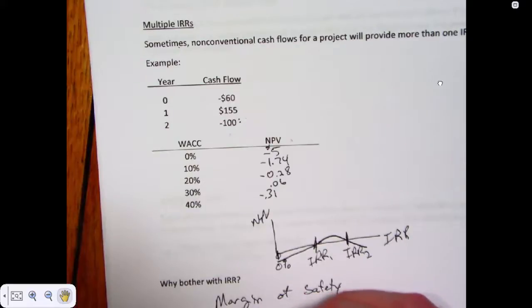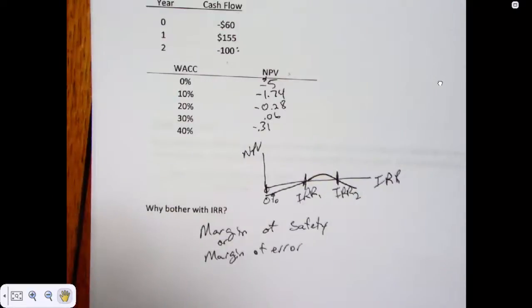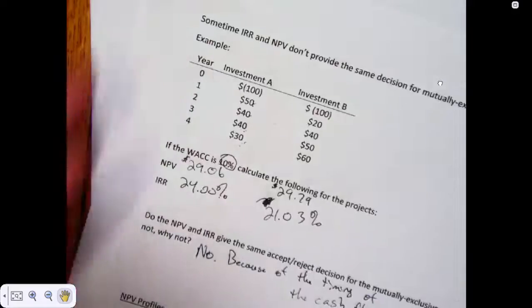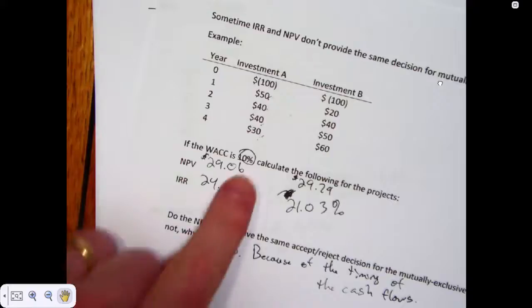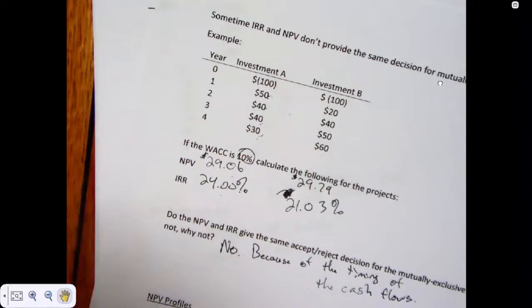So how much can we be off? Because remember, these cash flows that we're looking at are all estimates, so they'll probably be a little bit off. When we look at the IRR and compare it to the weighted average cost of capital, it gives us a good idea of how much we can be off and still make money for our company. In the case of investment A here, our weighted average cost of capital is 10%. Our IRR is 24%. So there's a pretty wide range where we can make some mistakes and still be